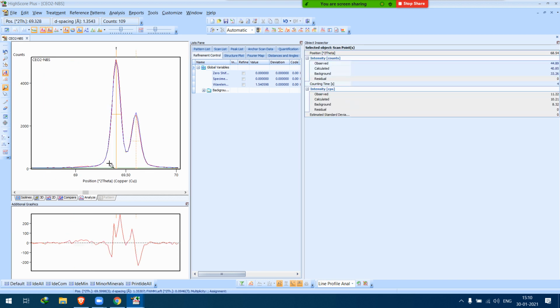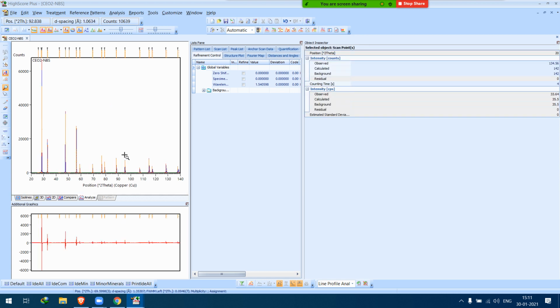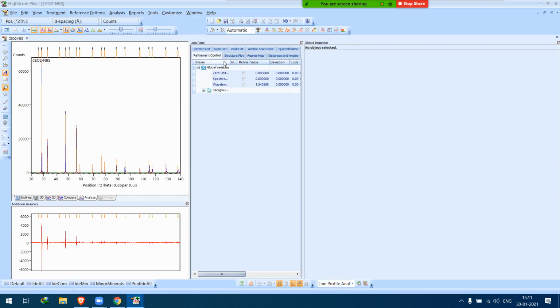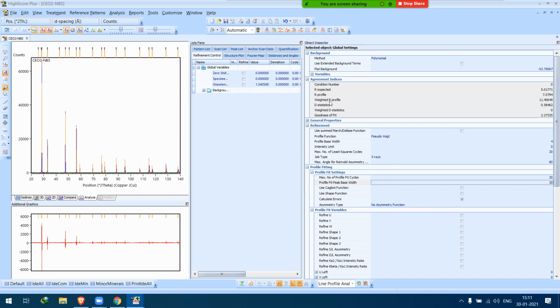Now you can see the blue curve, the calculated curve, is matching our observed intensity, the red line. So after changing that value, you have to fit the profile again. Let's check the weighted R profile. It's still 11, so we are good with 11.